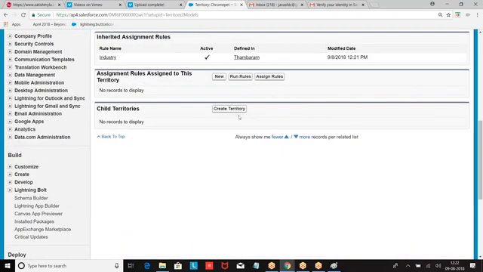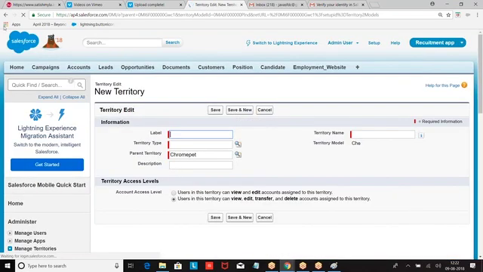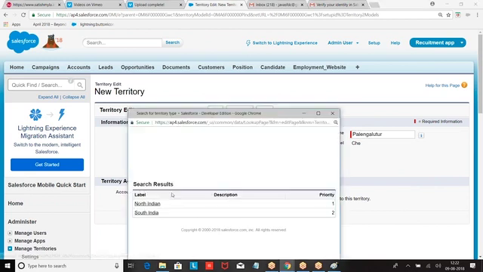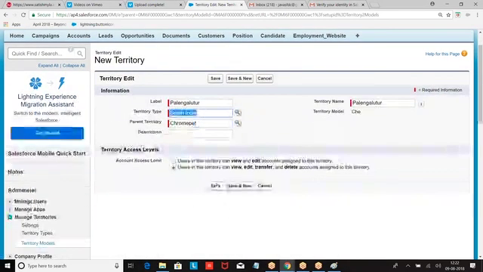Now we got it again. You want to create a child territory. Under this we have Kalangatur.